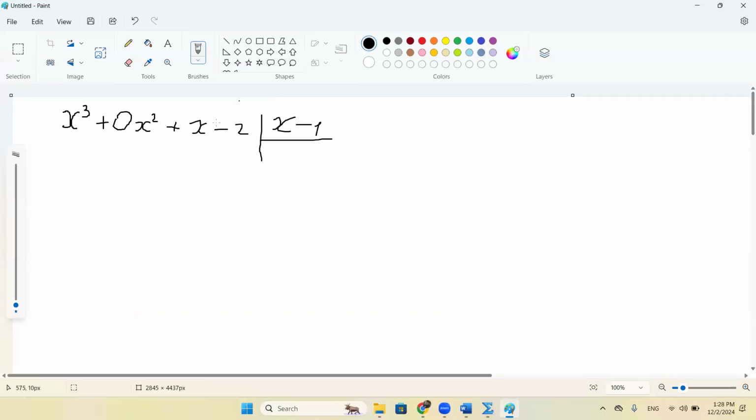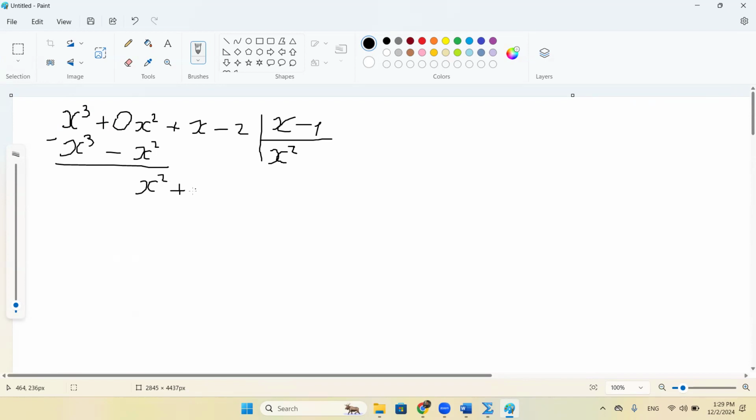Okay, firstly divide. Do you remember such a way of dividing? Yes. Okay, so currently we are dividing the senior member. So x to the power of 3 divided by x, so we have x to the power of 2. And then multiply it by x minus 1, so x to the power of 3 minus x to the power of 2. And we receive x to the power of 2